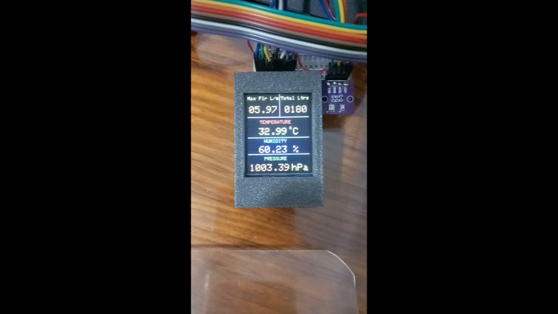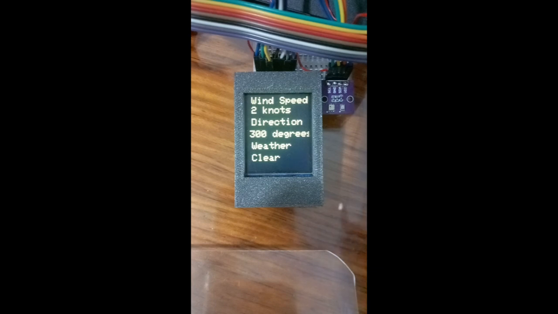in the next screen, I have to say the last thing about the weather retrieved from OpenWeather.org. Okay, there you can see the wind data as speed and direction, and the weather is clear. Okay, this clear, it can be rainy, clouds, or hail, haze, and snow and so on. Okay,